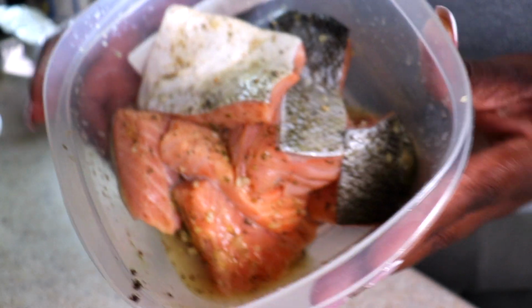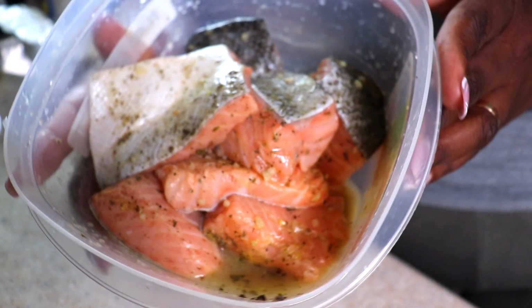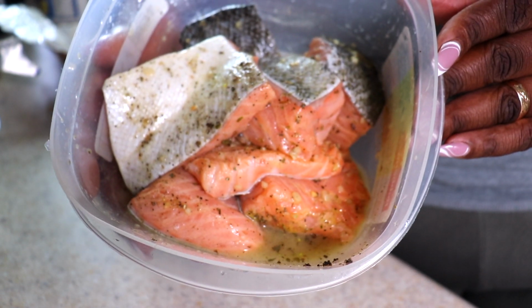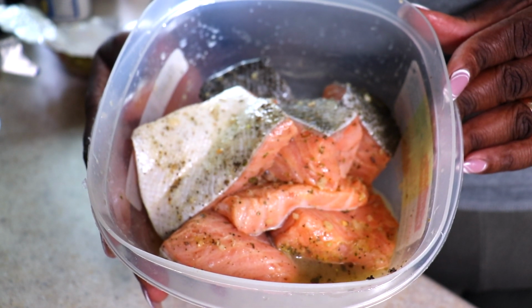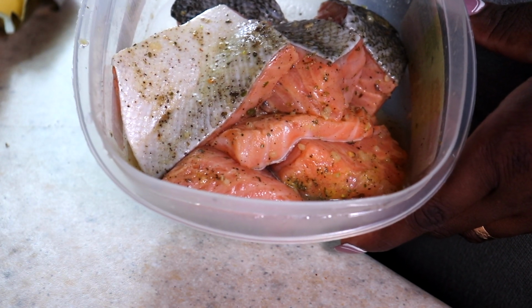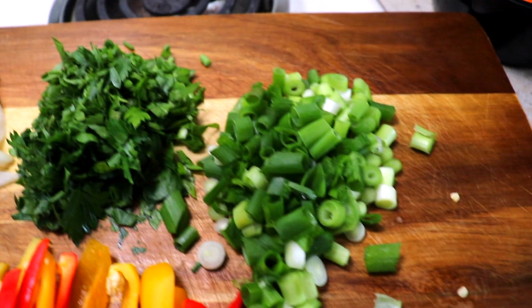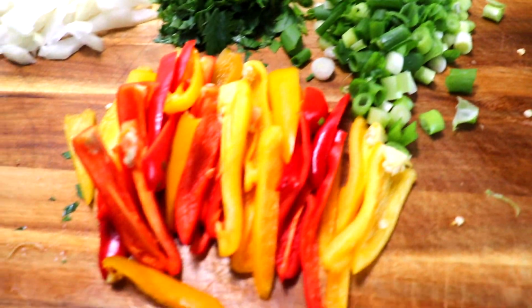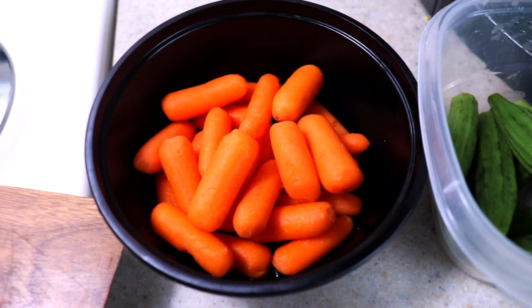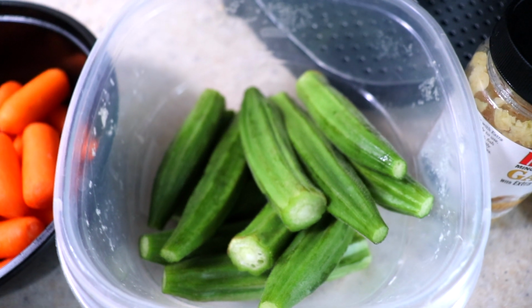Here is the fish all seasoned up. If you are going to follow this recipe, you can season your salmon however you season it. I think this just has like some salt and pepper, garlic, and some other little knickknacks on there. So here's all of my stuff that I finished cutting up. I cut up the onions, bell peppers, scallions, parsley, then I had the baby carrots, I had the okra,